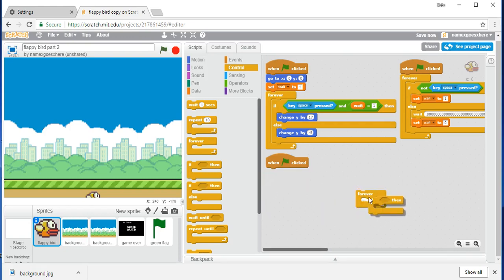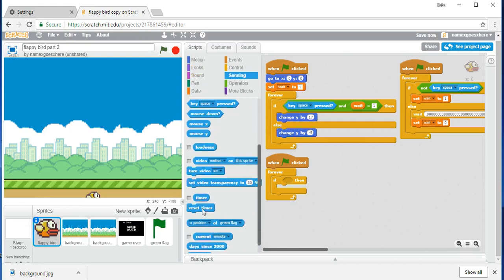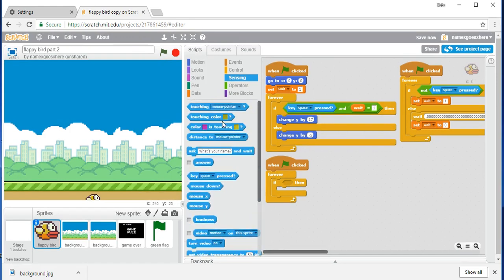Inside the forever, not outside, if touching color, from sensing. Touching color, and then you want to select this and match it up with that little black color. So if it falls all the way down, if it touches that, then you can press